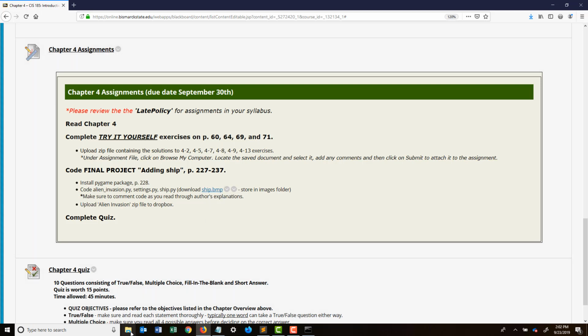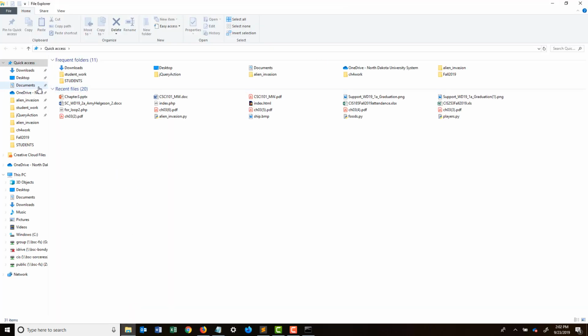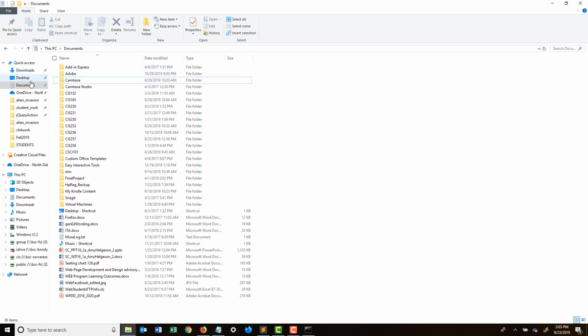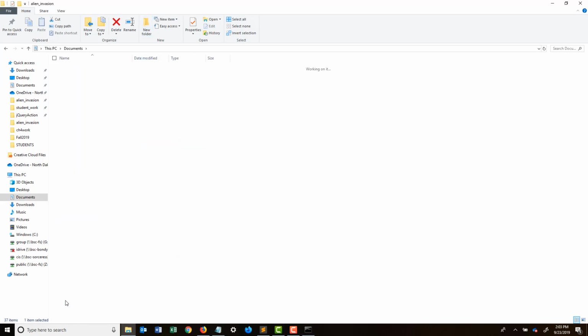ship.bmp file. First, I'm going to go to my File Explorer and create a folder, wherever my location, that's fine, called alien_invasion. And in alien_invasion, we are going to create an images folder as well, an images subfolder inside of alien invasion. That's where we're going to store